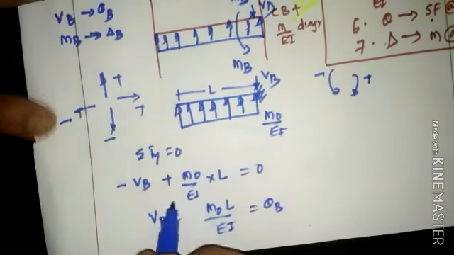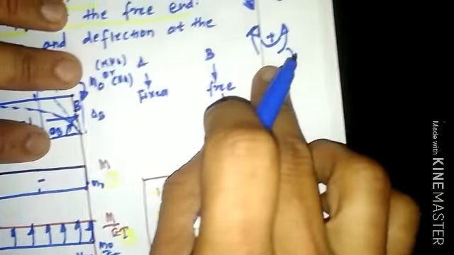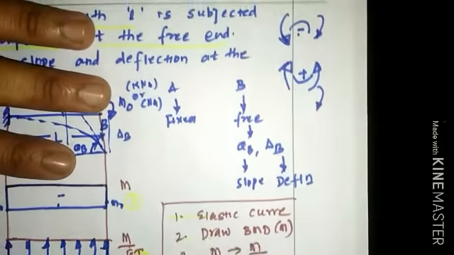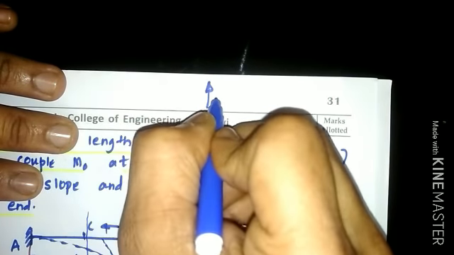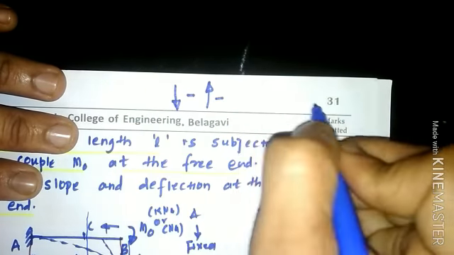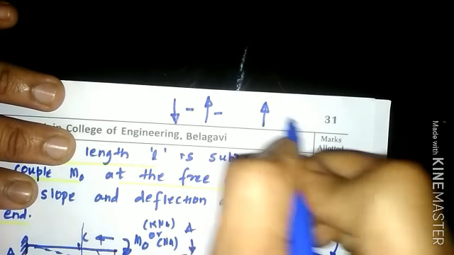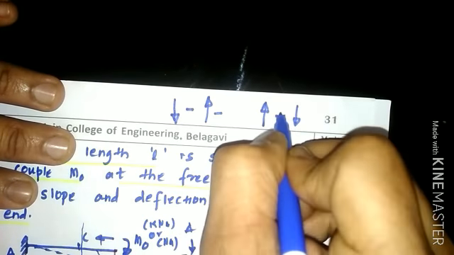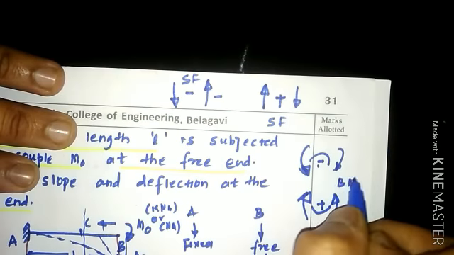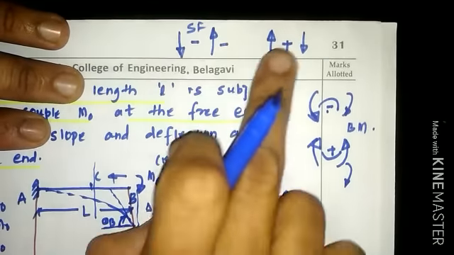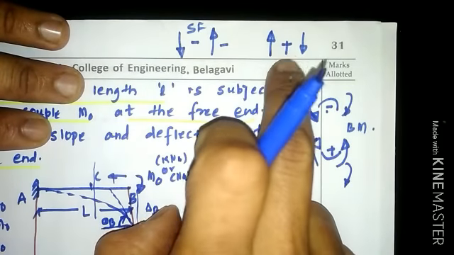Now as per the shear force calculation, this is the moment convention. The diagram we had drawn was the moment convention. What will be the shear convention now? In the shear convention, a right hand side upward force will be negative, a left hand side downward force will be negative, and a left hand side upward force and right hand side downward force will be positive, like this. So this is the convention for shear force, this is the convention for negative shear force, and this is the convention for bending moment.